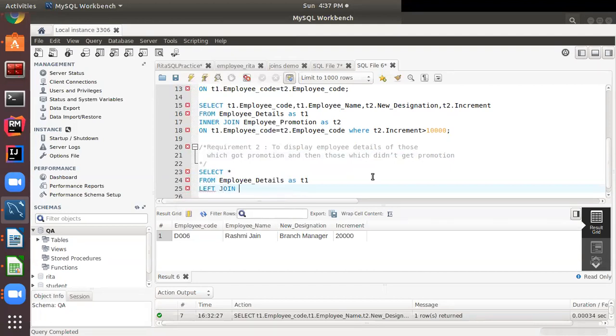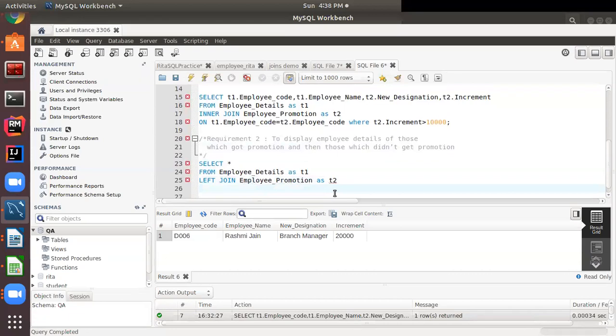Which table do we want to left join? Employee promotion, and to this we are giving the short name T2.